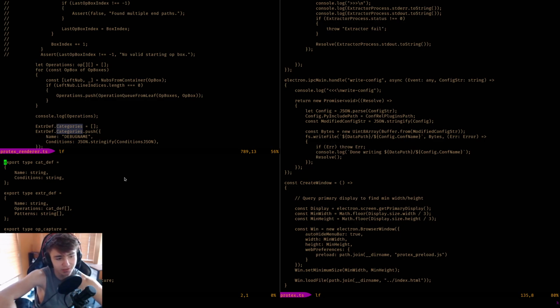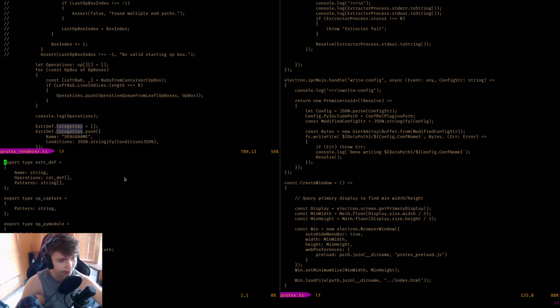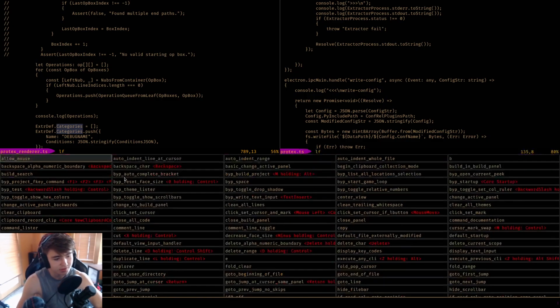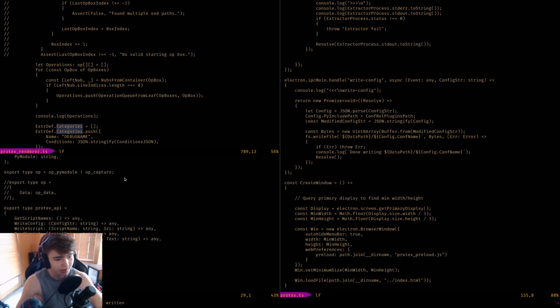This has the name of the definition, but I think I'm going to put a pause on assigning names because we're just gonna go with the extractor name for outputs, and then it'll give you an array that's associated with the extractor for extractor output, for the actual extractor process output, not the extractor category. Like the extractor handles multiple extractors, if that makes sense. Operations. So operations is an operations array of operations, basically. This should be just like this. So we have an op array of arrays. There's an operations. And then as for, I think I screwed up